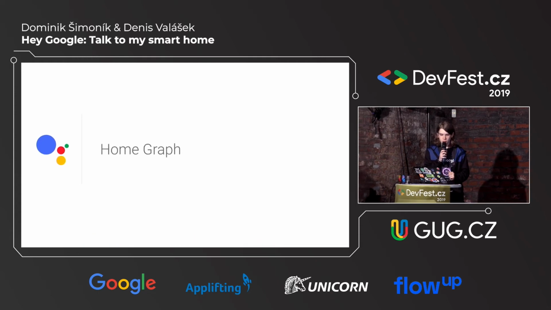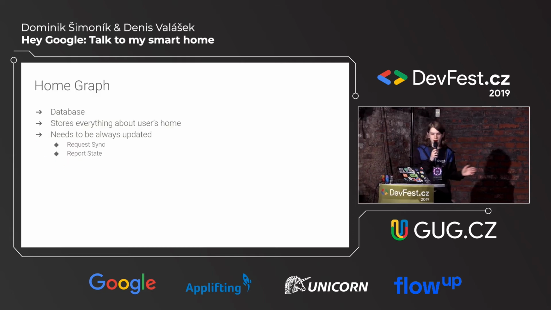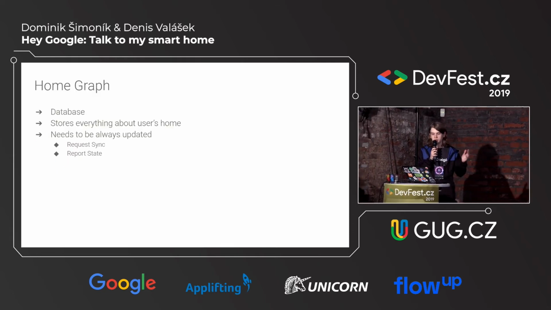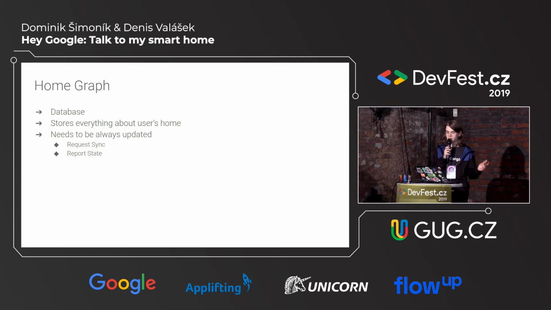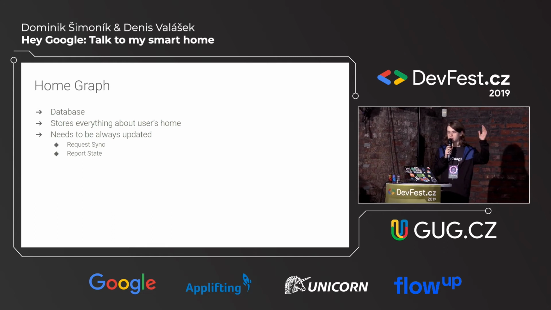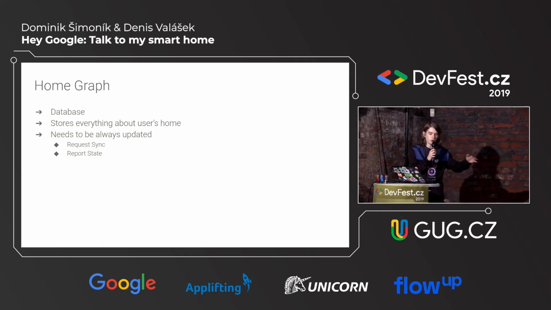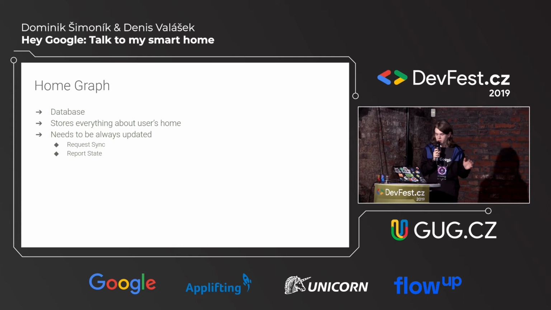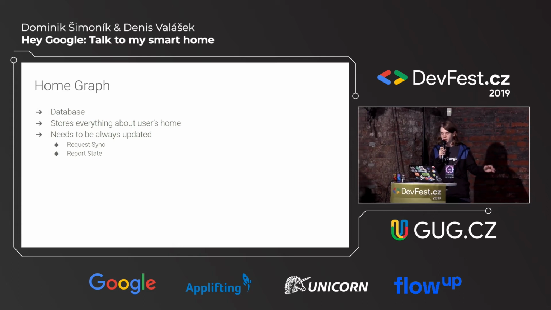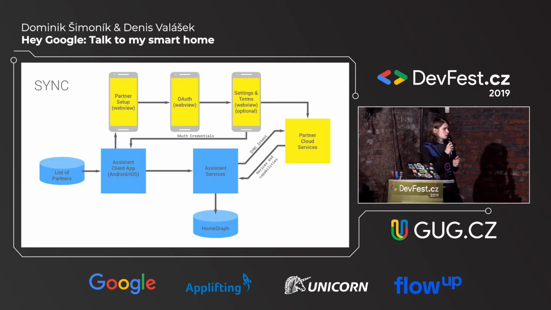And all these intents work with something that's called Home Graph. Home Graph is like a database where Google stores all the information about the user's home, so it gets the context. For example, if I say turn the lights off, it knows that it can query the Home Graph. It knows that I'm in this room, and it knows that in this room with this Google Home are these lights. So it knows that it can turn them off and not all the lights in the house. So all this information that you are going to get from Google and send to Google will be stored in Home Graph.